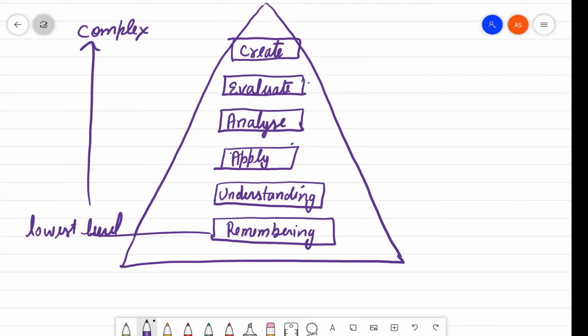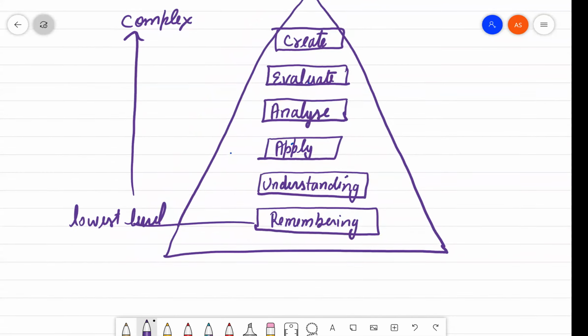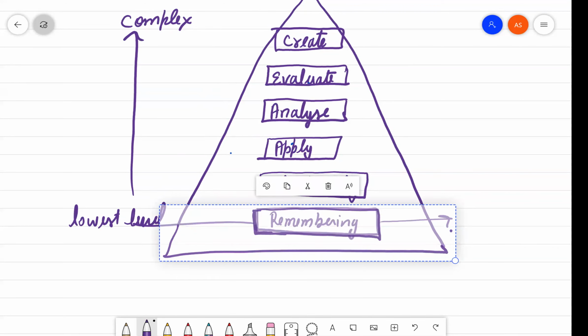In the remembering level, there is just memorization and recollection of facts without much understanding. In this level you will not go in depth, you just recall or memorize the terms without going in detail. And in the understanding level,